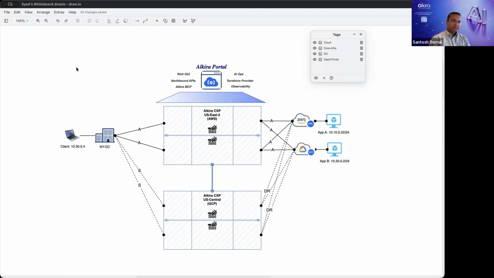So if there is a need to stretch across, or the hyperscaler decides to compete with your business, whichever it may be, your core applications are not tied down. So even when you're approaching the cloud from an application standpoint, make it as agnostic as you can. And with Alkira, at least the networking plumbing can be agnostic.